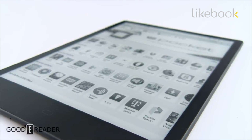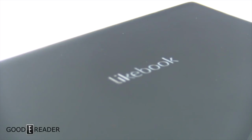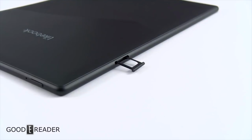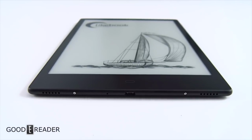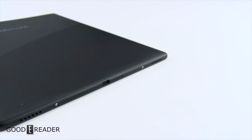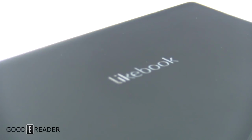Number 6, the Boyu Likebook Alita. This was a fully loaded device and actually one of the best bang for your buck devices. It had good text conversion and it did it in multiple languages as well. You can write on the screen in any language and it just knows what you're doing when it comes to changing your handwriting. Again though, 2020 was not Boyu's year because not only did they release nothing this year, the